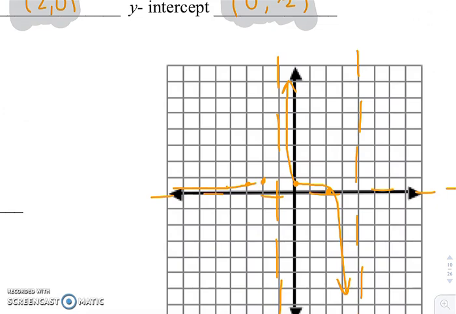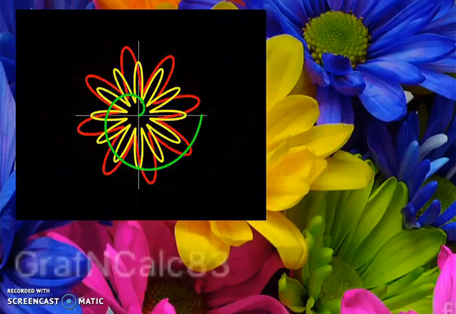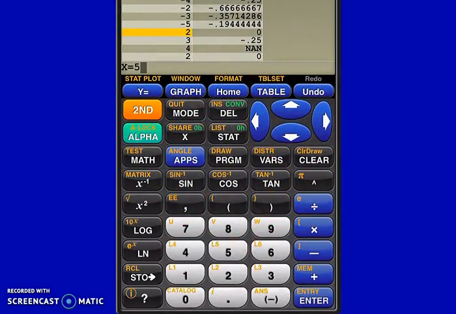And just draw that side. And then go over on the right hand side, try to get some points. So back to my table. So 5, 6,